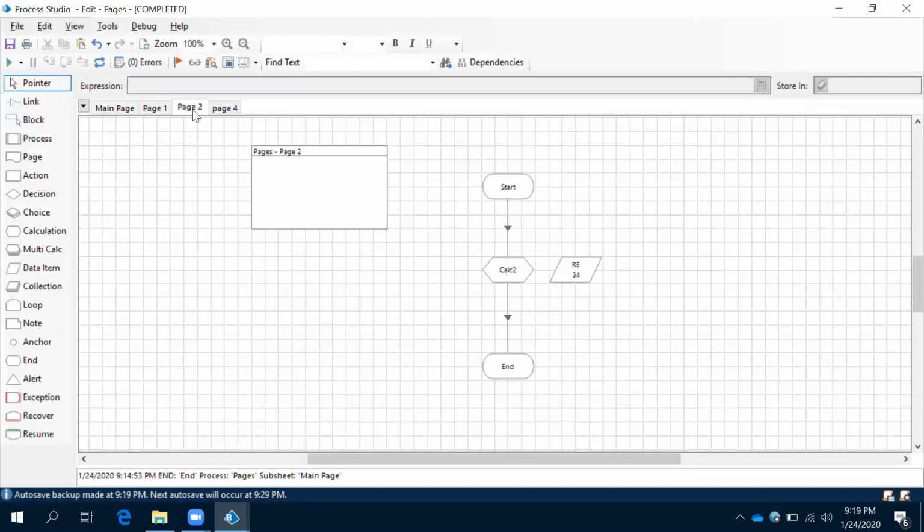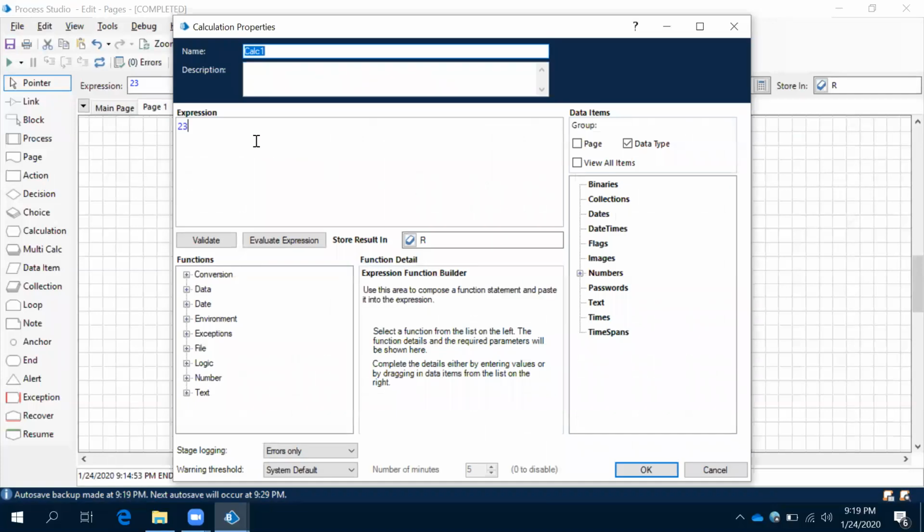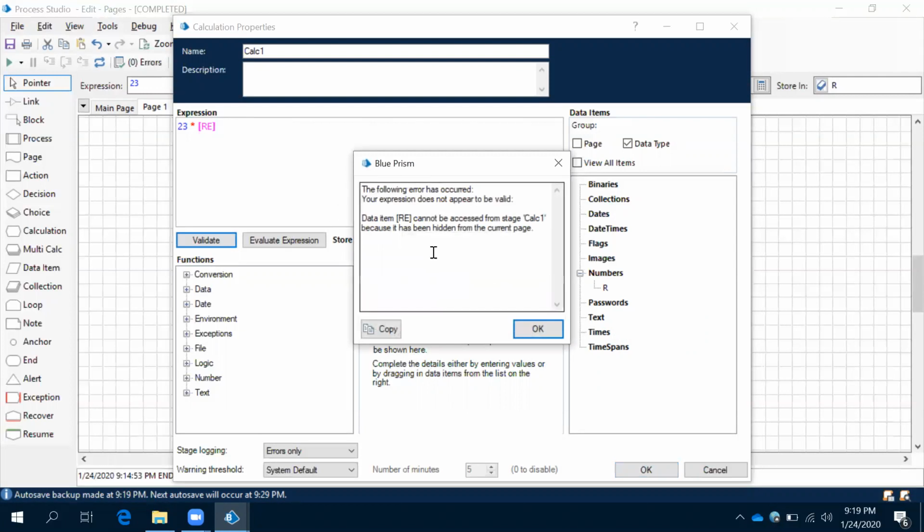first we are running Page 2 it seems. Okay, then we are running Page 1. So when we are running Page 1 calculation, in this calculation, we need to use RE. We have to use it like this in square brackets, right? So this is the thing, how to use that. Now if you observe this here, we only have R, but we don't have the RE data item, right? Then it will throw an error.